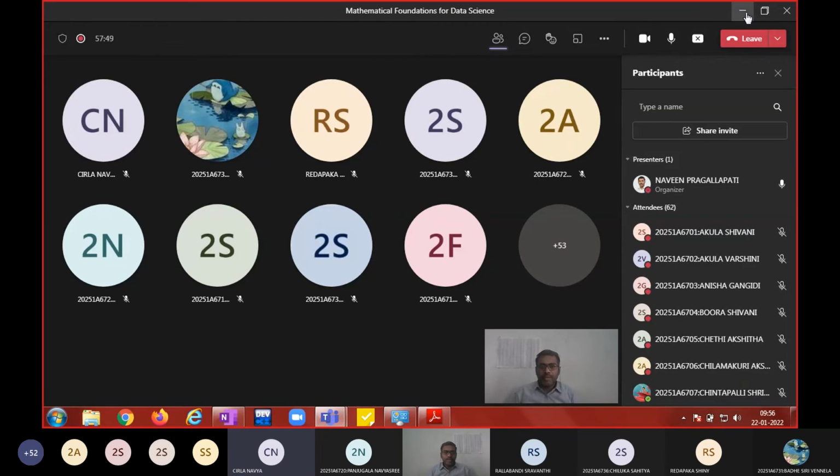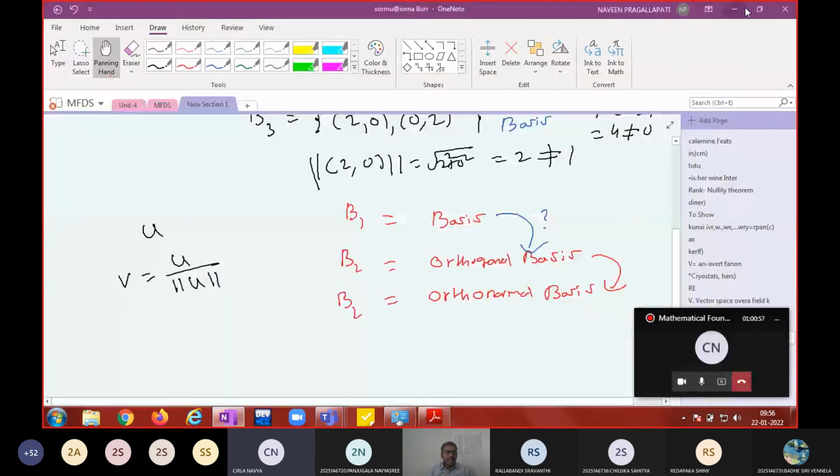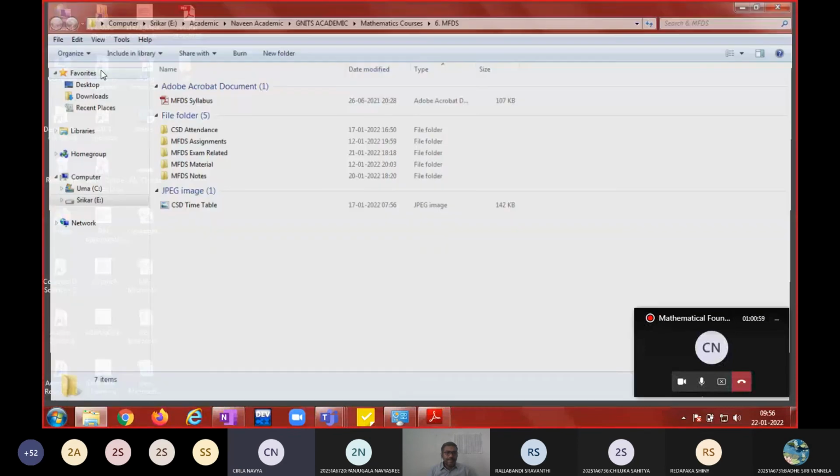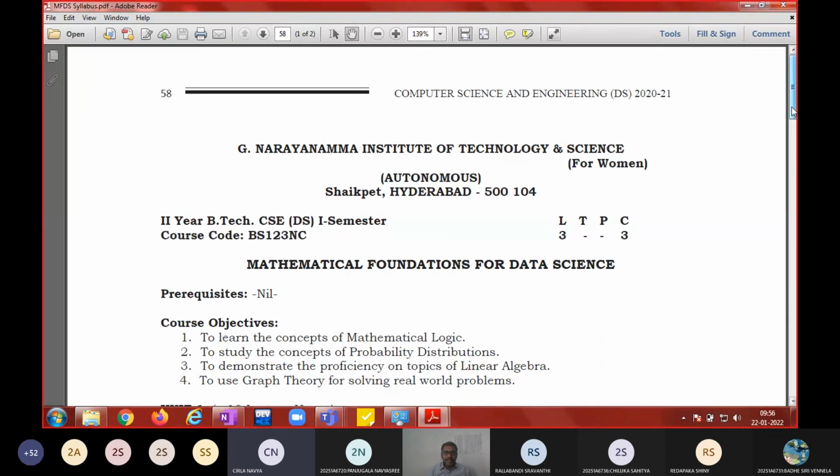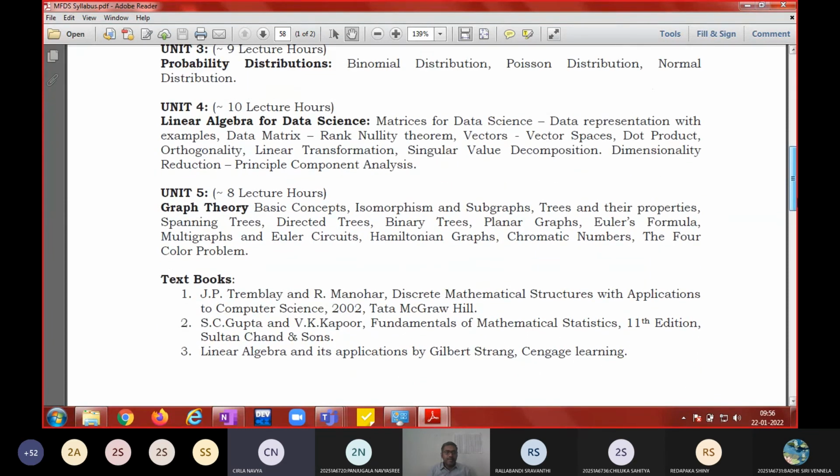Let me show you the syllabus on this. We have completed all these parts: linear transformation, vector space, dot product. Dot product is a special case of inner product, and orthogonality also we completed. The rank-nullity theorem, vector spaces, dot product, linear transformations, all these things are over. What is remaining is SVD and